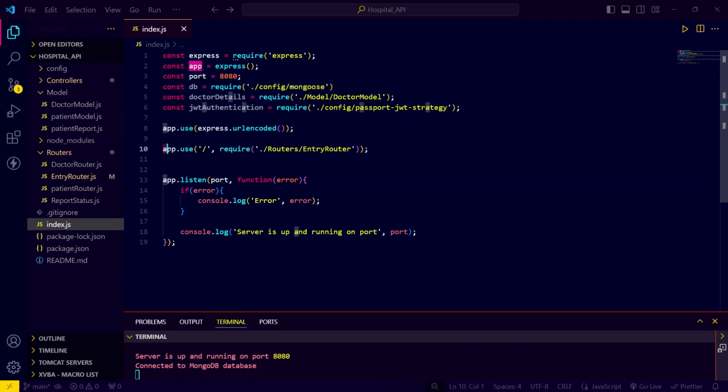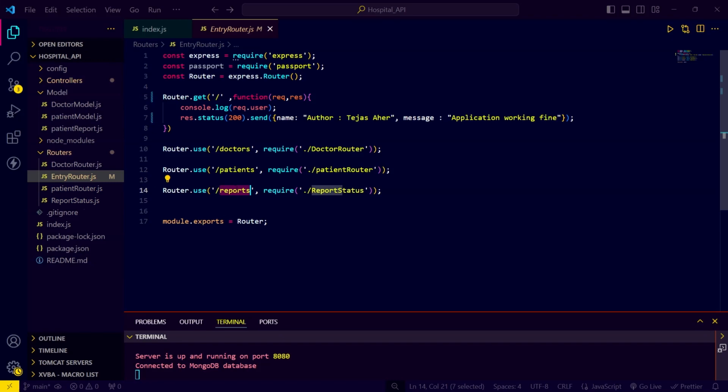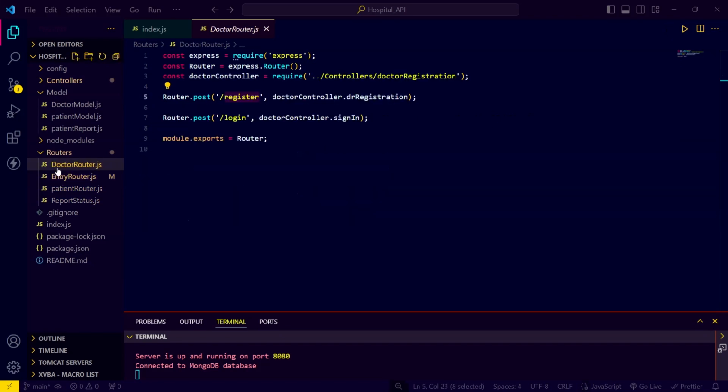For every URL we are going to use a middleware where we transfer all the URLs to the router entry. Here we can find the router. For the doctor, we have created a separate router. For the patient handling, we are going to use another router, and for the report, another router. So for the doctor, we created the doctor router where